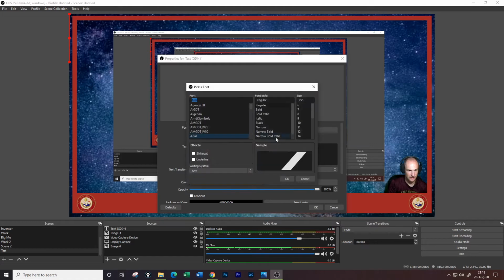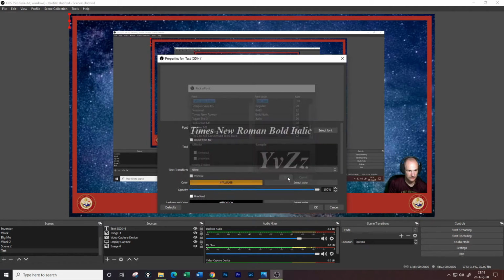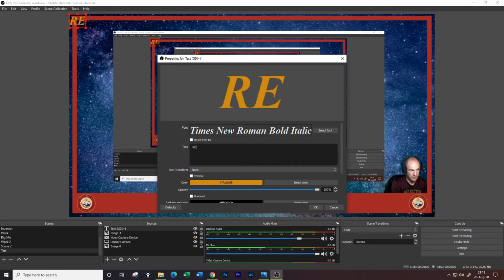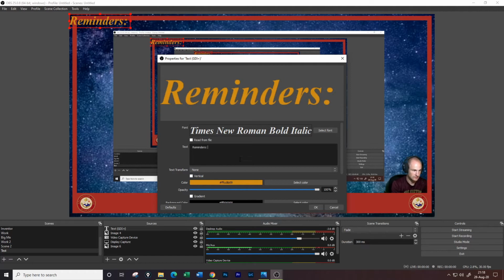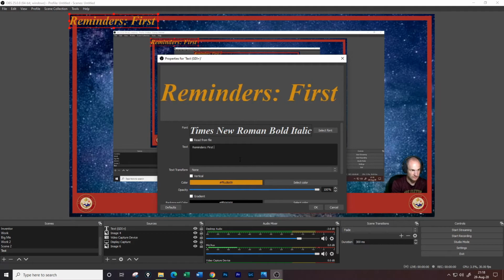And then I'm going to select a font. The type of font is not important, but I am a serif kind of guy, so I'm going to grab some Times New Roman. And I think 72 is a good size font for this when I tested it out. And maybe this is like reminders, and then add some reminders like of classes